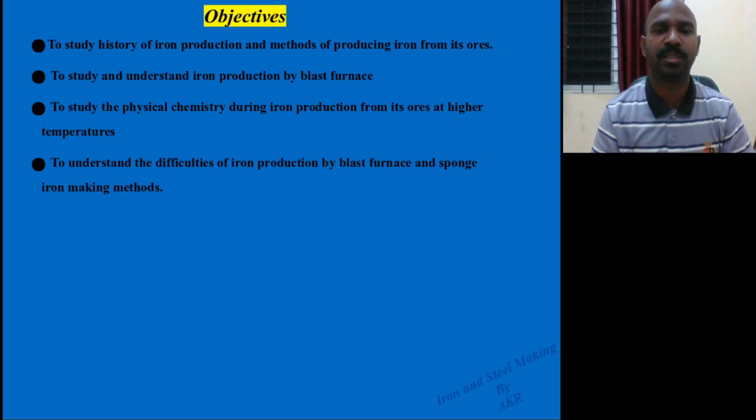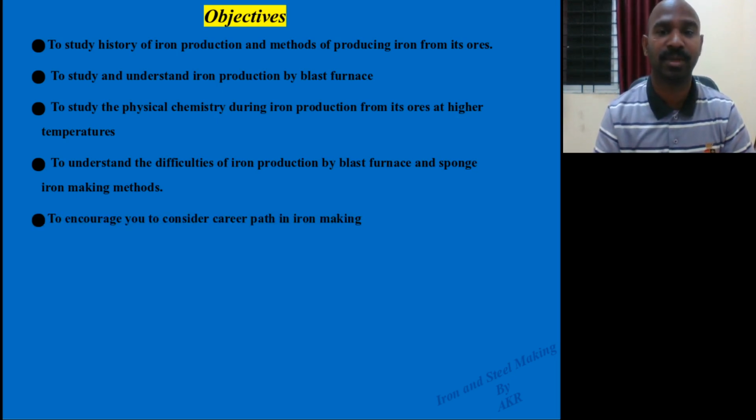One needs to understand these by the end of this course, and this encourages students to choose a career path in the iron and steel industry.